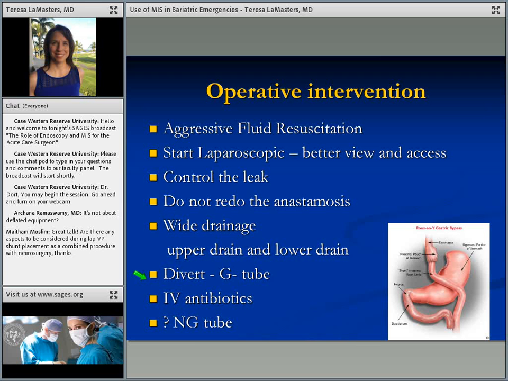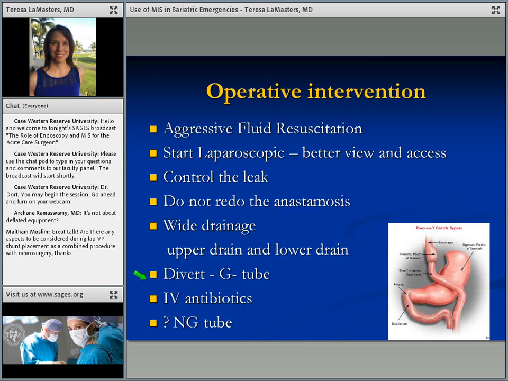Another important principle is that if a patient has had a leak, they are going to need to be NPO for a prolonged period of time. The best way to give them nutrition is going to be through the gut. So this is the best time to go ahead and place a gastrostomy tube, and you can certainly do this laparoscopically. Again, you're actually helping the patient a lot by placing this at the time of an exploration for a leak. The patient will need IV antibiotics, and you need to also cover for fungal